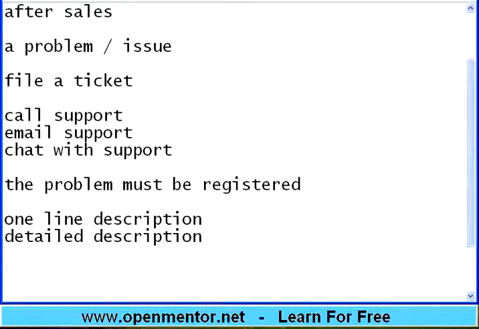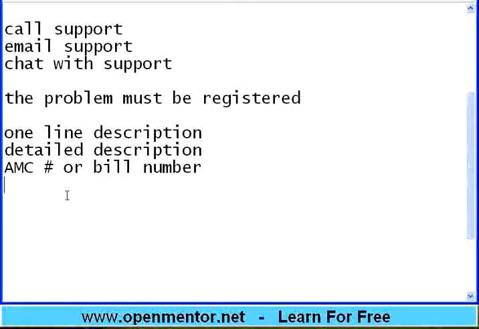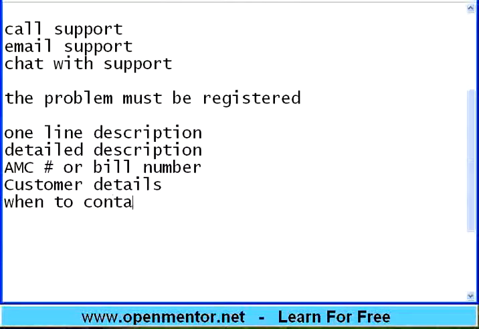When the customer is calling, the customer support agent needs to ensure whether this is a valid customer. They will ask, okay, what is your order number or bill number or the annual maintenance contract number. Usually if it is an online ticket, then the ticket code, everything they will ask. Of course the customer details. Then of course when to contact back, because the customer support agent may not solve the problem immediately,